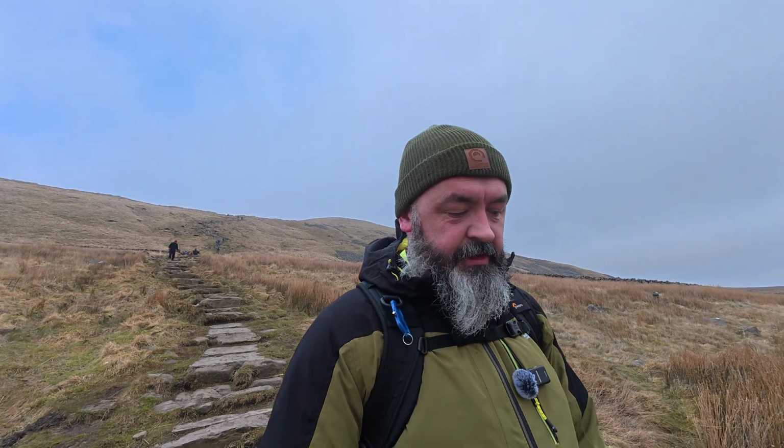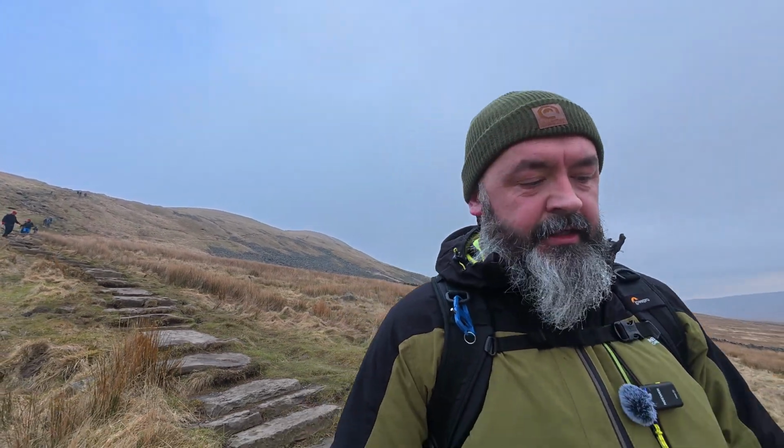So we've just come down this, if you can see it behind me, this is a fairly steep kind of stone staircase. It's west, up at the top end. It's just rocks. You've got to make your way down. It's nothing too sketchy, but it can be a little bit gnarly if it was